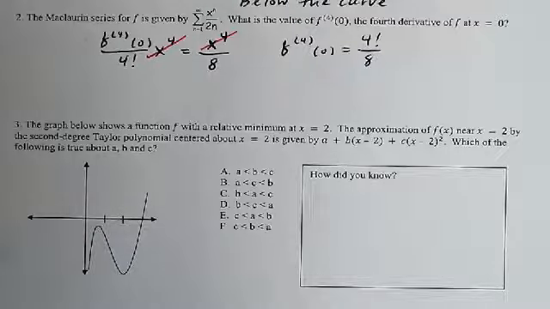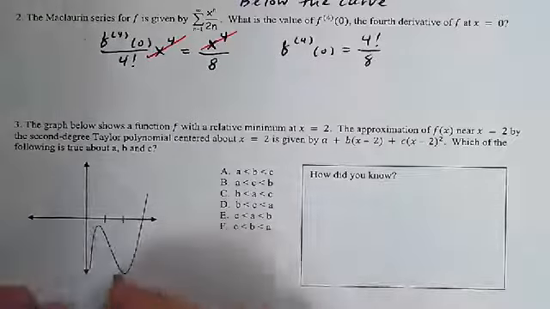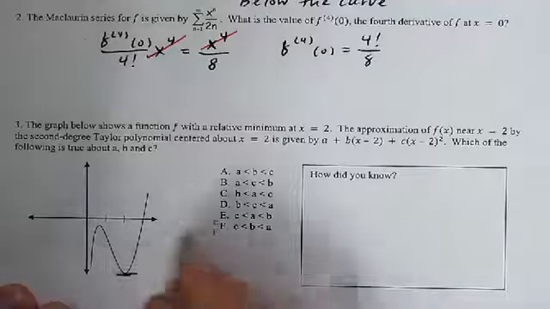There's a relative minimum at x equals 2. The second degree Taylor polynomial is a plus b times (x minus 2) plus c times (x minus 2) squared, and they're asking about a, b, and c. Oh, I get it. Okay. So if I'm over here at x equals 2 and there's a relative minimum, it's going to be the case that